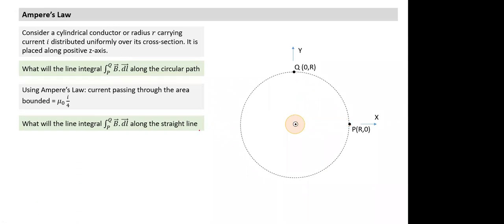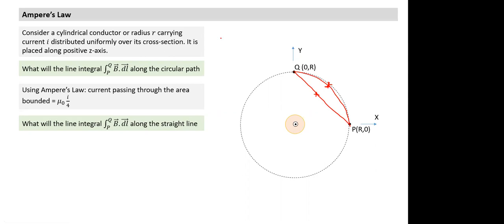Anything else? So we can join the arc of the circle along P and Q, right? Another loop I can form is something like this. I have to evaluate along this path. If I already know B dot dl along this arc, I can form a loop like this. Which direction am I taking as positive? I'm taking clockwise as positive. So what is the line integral along this closed loop? The total is zero.